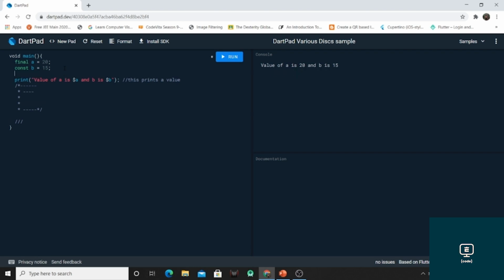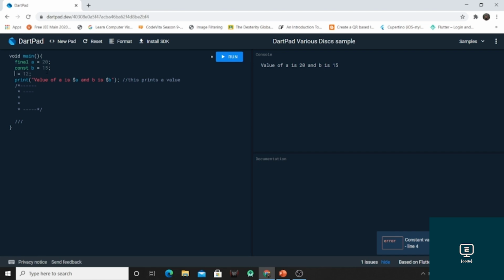Now if we try to change the value of B, then it will show us an error that a constant variable can't be assigned a value, that once we declare our variable as constant, then we can't change its value.